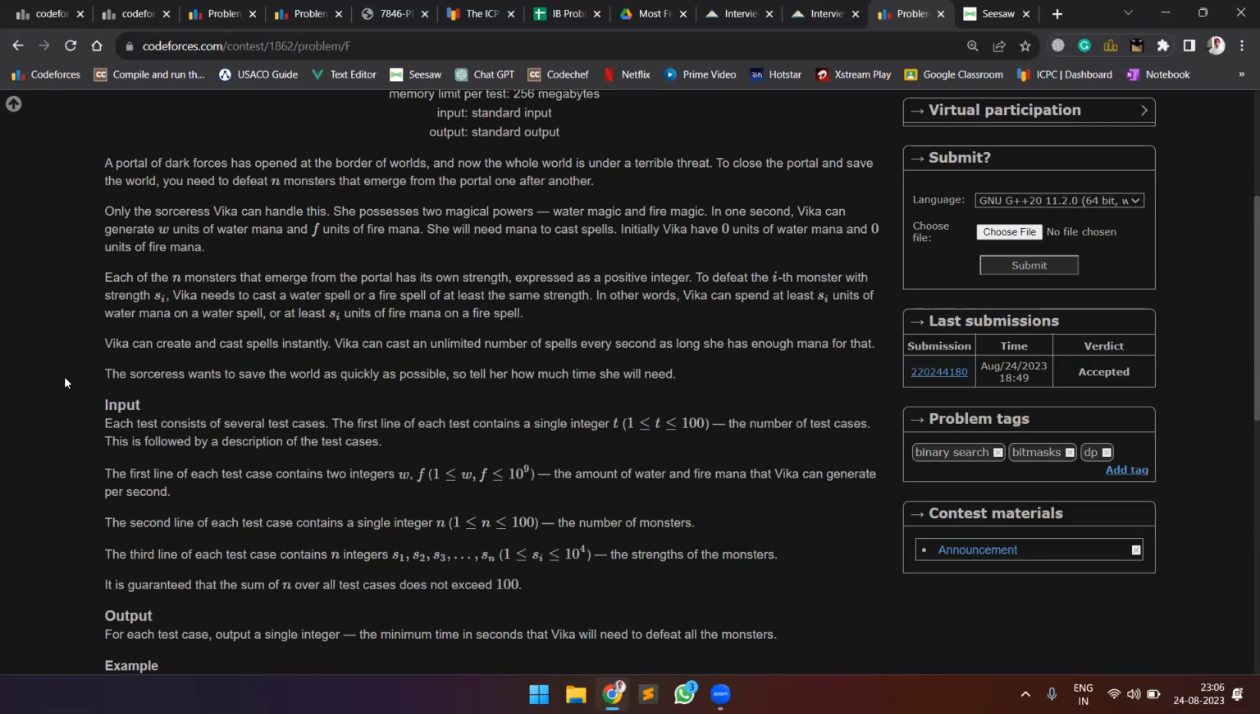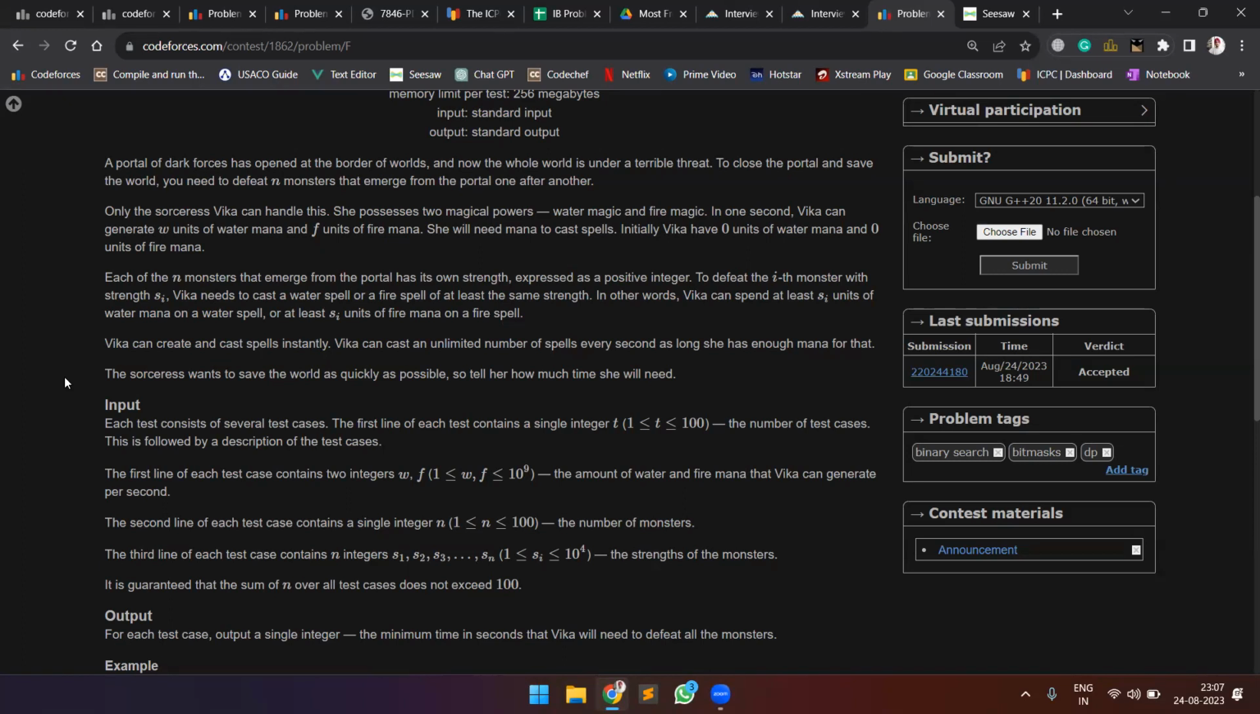So how are we going to do that? Basically, it is totally dependent on which monsters are killed by her fire power, and which monsters are killed by her water power. If you see, n is less than or equal to 100, and S of i, the strength of the monster, is less than or equal to 10 raised to power 4. So what we can do is make a subset of all the strengths which are going to be defeated by fire. If we can make all such subsets,